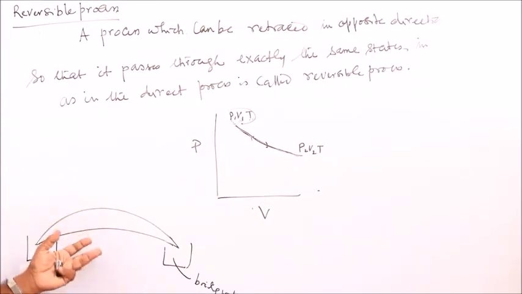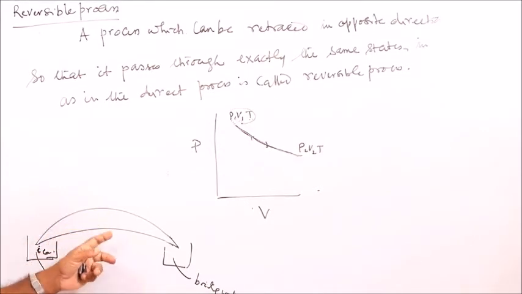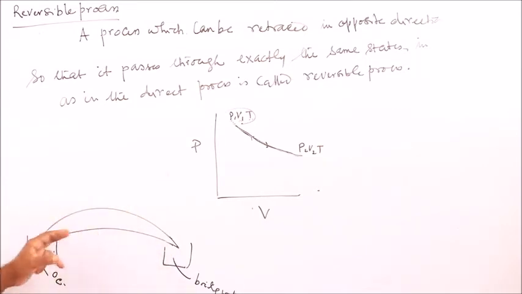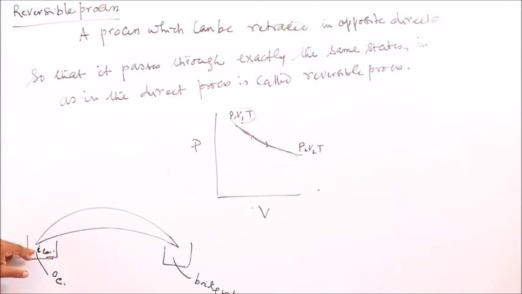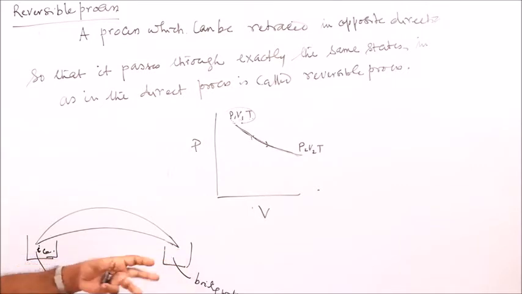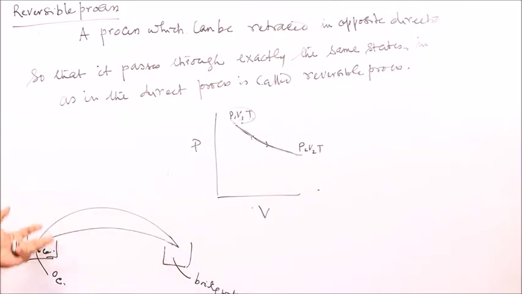And the reverse is also possible: you take the two dissimilar metals joined at two ends and keep water on both the junctions. If you apply current, you will find that the water at one end becomes ice, and at the other end the water will boil. So the reverse is also possible. This is a thermocouple. So this is a reversible process.